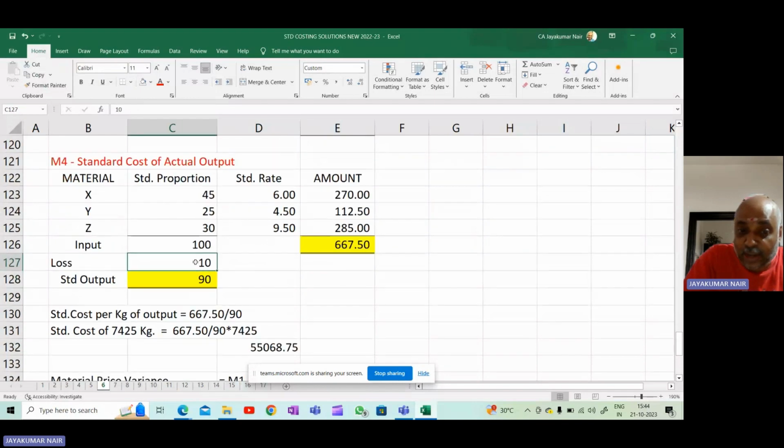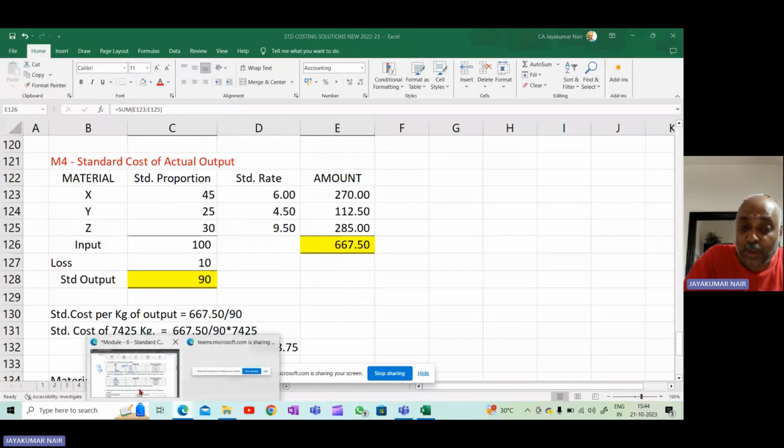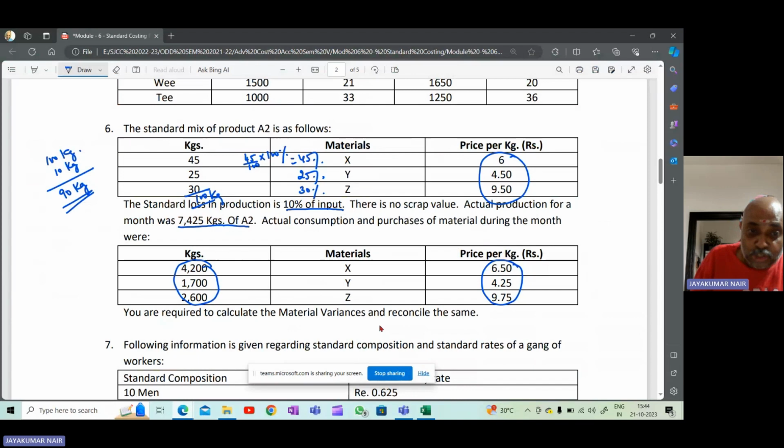Since it is the normal loss and the normal loss is not realizing anything, for the computation purpose, for 90 kg of finished goods, the standard cost is 667.50. So if you want to produce 90 kg, the standard cost is 667.50. But now what you have to find out is what is your actual production in this particular period. Actual production is